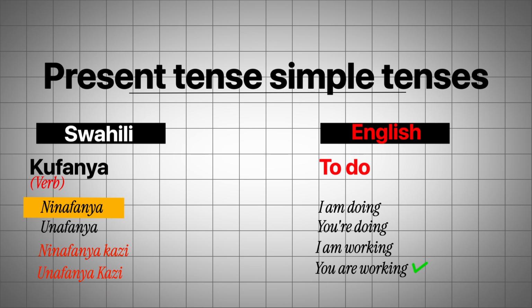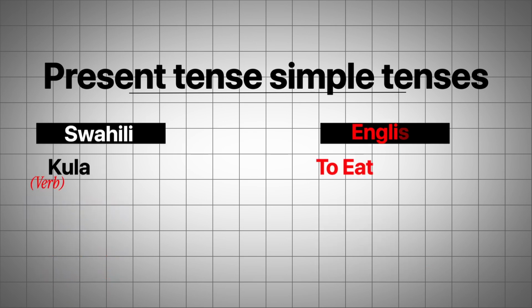The next verb is kula. Kula simply means to eat. This is one thing we all do every single day. Before we conjugate this verb, this is one of the special verbs in Swahili called monosyllabic verbs. That simply means it has one syllable, which is la, and we have a couple of them. So these verbs, when conjugating them in the affirmative form, we do not drop the ku like the other verbs. So in this sentence, you will notice that we still retain the ku when conjugating it.